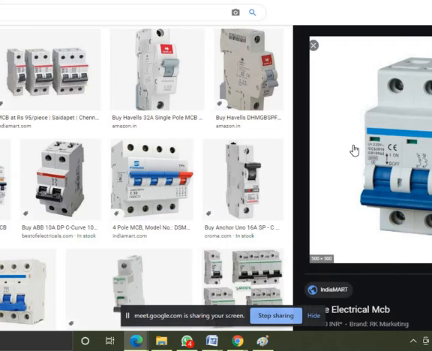Your current rating is 10 ampere, 11 ampere means you go for 15 ampere. So you can select the fuse as well as the circuit breaker based on the total current, and you can select the next option. Just select the exact one? The exact one means whenever you switch on all the load, it will trip, so you can't consider that. Go for the next stage of the rating of the fuse wire or circuit breaker.